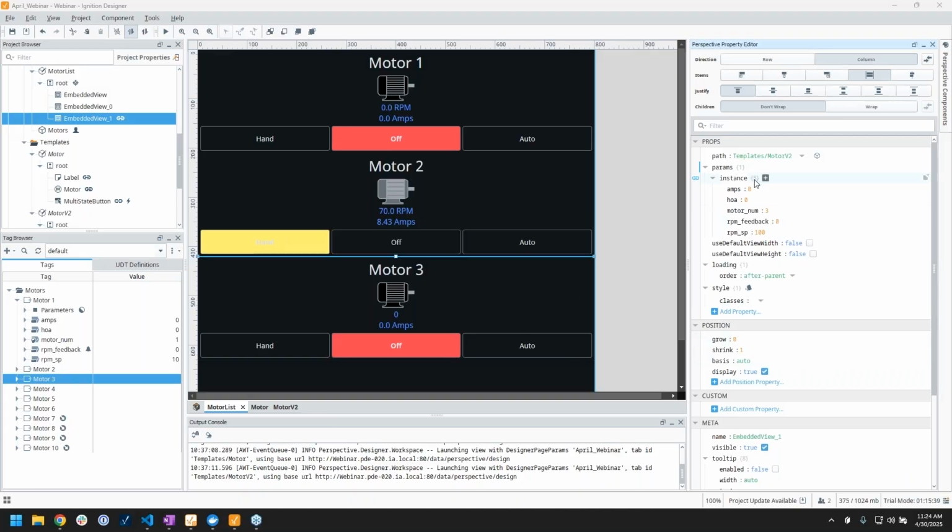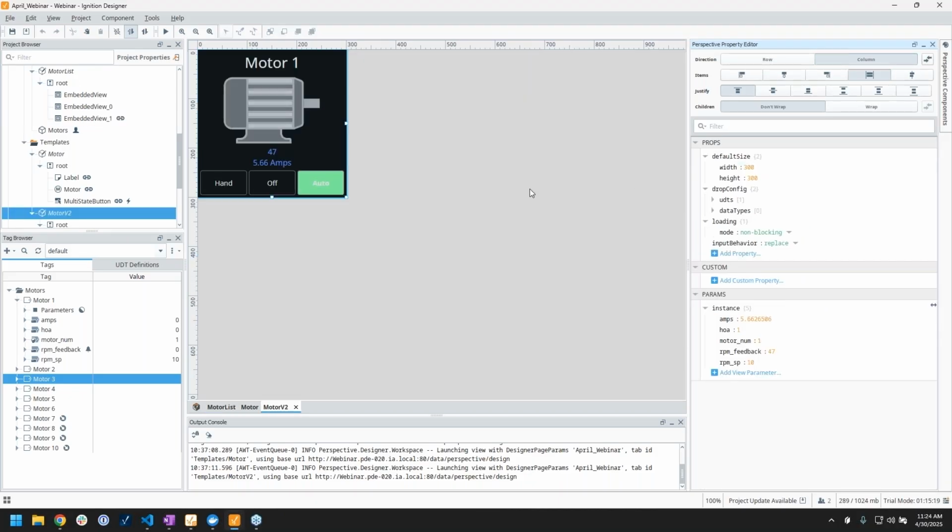One last thing we'll check out here while we're in an embedded view object is a nice little tip. If you're looking at one of these objects and you want to quickly get back to this view that this path is pointed at and not have to find it in your project browser, you can select this little cube right here that says open view, and it'll navigate you right back to the path that that's pointed at.